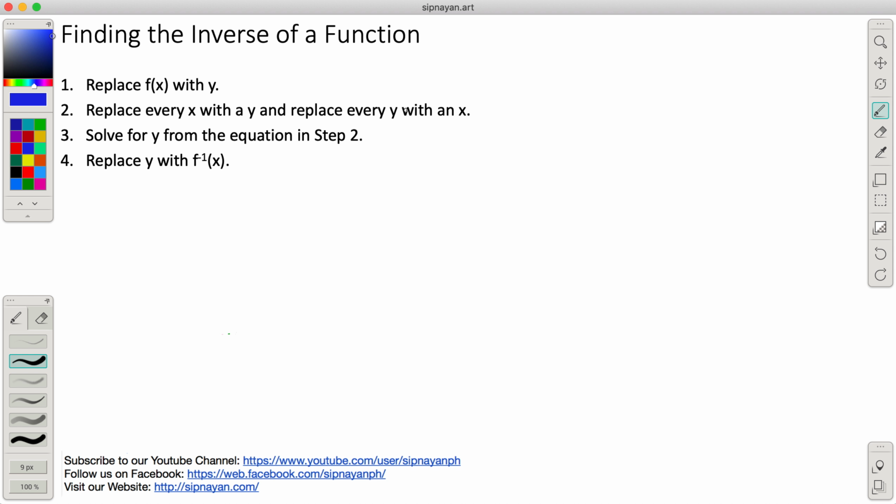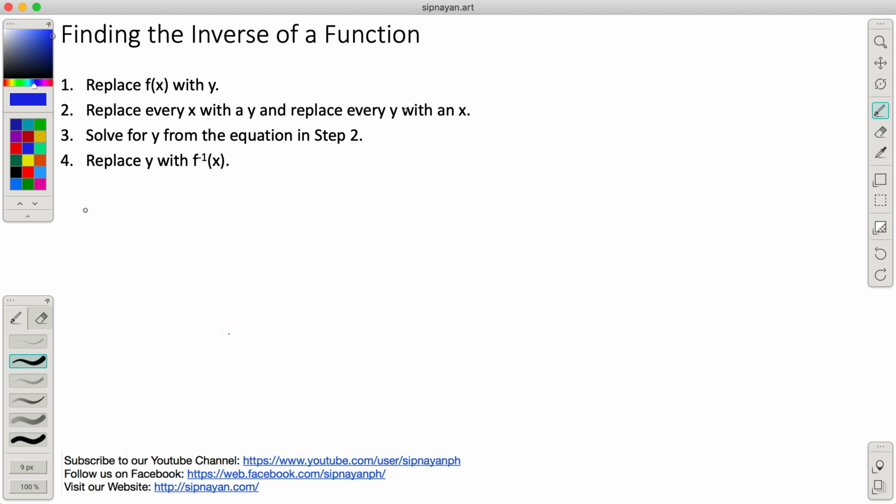So, here are the steps na napag-aralan natin sa previous two videos. First is to replace f of x or kung ano man yung name ng function na yan with y. And then replace every x with a y and replace every y with an x. And solve for y from equation 2. Then replace y with f inverse of x. So, pwede nating sundan to steps na to solve for the inverse function ng given dito sa ating